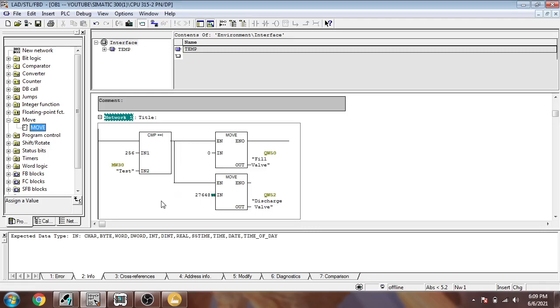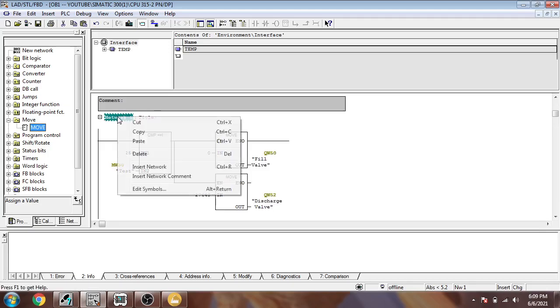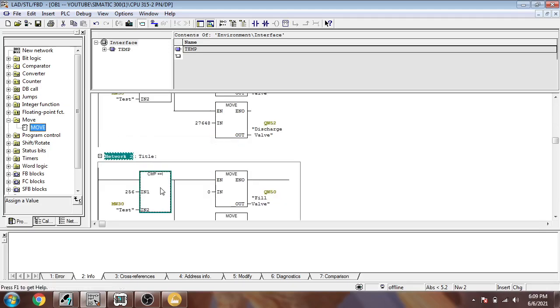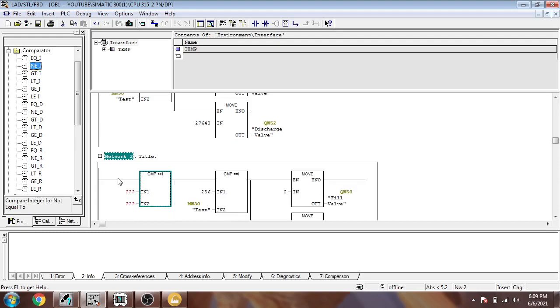27648, like that. And now I am making a copy of it and pasting it right there, and I am going to change that compare equal-to command to not equal to, like that. And I'm again copying and pasting that there.